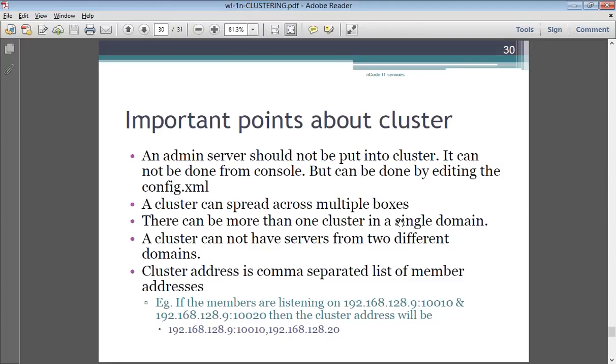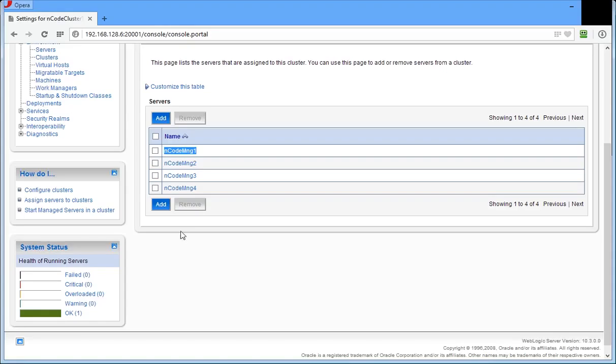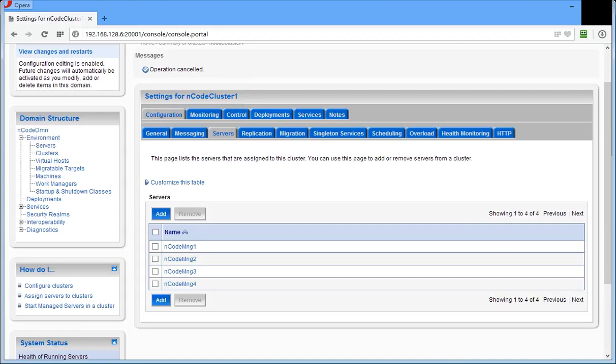Another point here is a server cannot belong to multiple domains. A server cannot belong to multiple clusters. Means if you go to the console here, if you have encode mng1, it can belong only to one cluster, encode cluster 1. If you create another cluster, encode cluster 2, and if you add mng1 to that cluster, it will be deleted